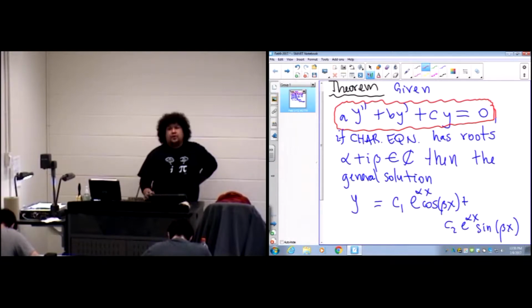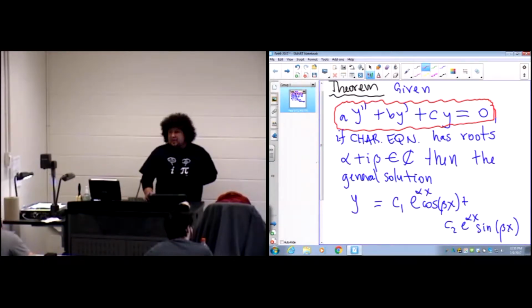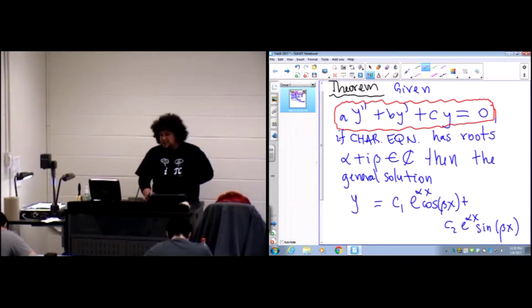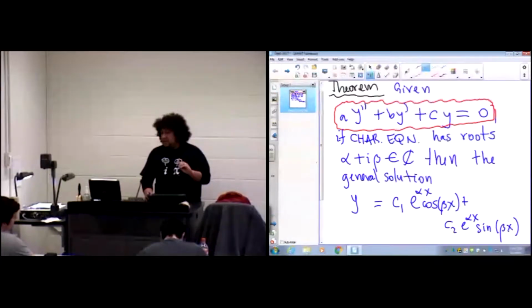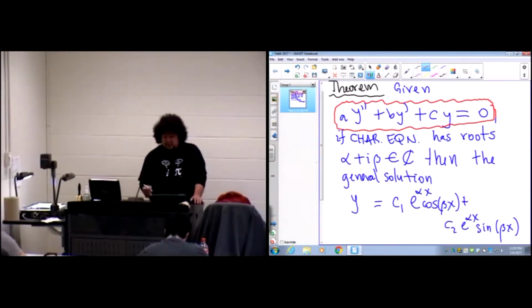When those roots are of this type, right? So this alpha here is the real part, and this beta is the imaginary part of these complex roots, then those numbers, alpha and beta, play a role in the general solution of this differential equation. Alpha will be part of the argument of the exponential function. And beta, the imaginary part of that complex root, will be part of the argument of both cosine and sine. All right, so let's say, for example,